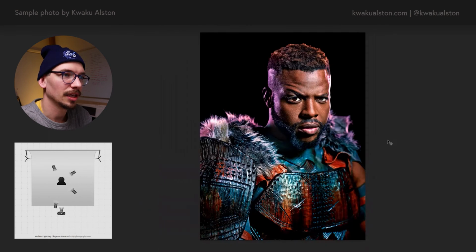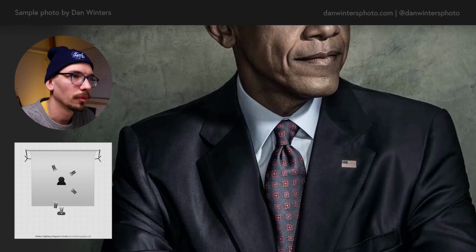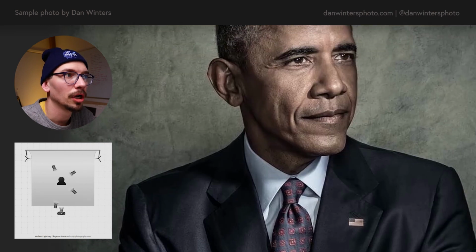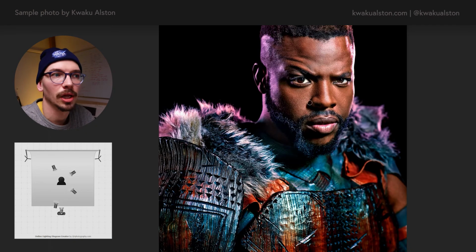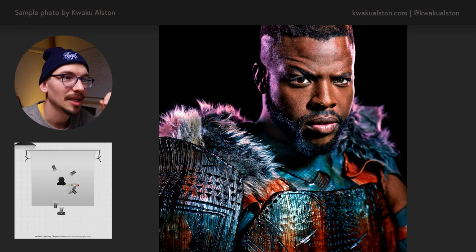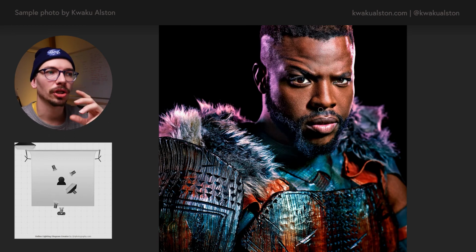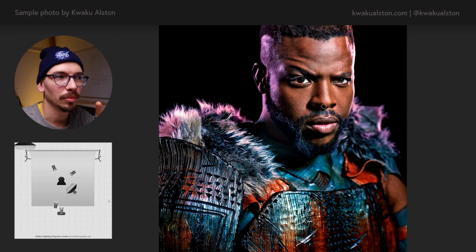Finally, let's jump over to the final image by Kwaku Alston and take a look at the lighting here. You see, this lighting here is on the nose. The shadow is actually a little softer if we compare between the two. You know, the one here is really hard, whereas this one here is a little bit softer. So what that tells me is it's probably something like a softbox or octa, because you can still get that kind of harder directional light, but just soften that shadow up a little bit.